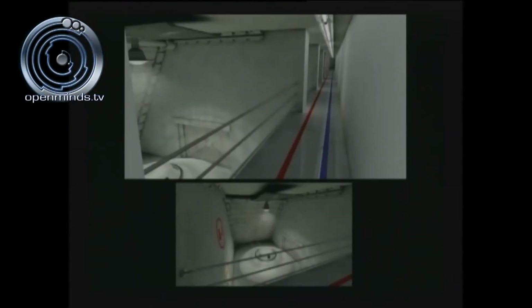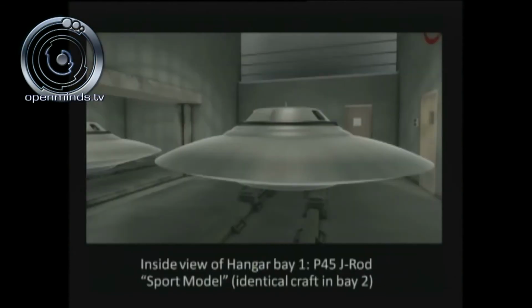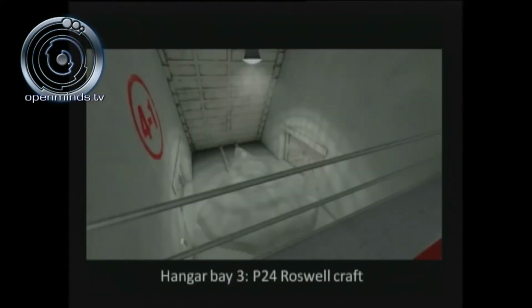Now, 4-1, looking down through the catwalk to the left-hand side. This is the first hangar bay, is the 52-foot diameter Bob Lazar sport model. So we're looking down through the catwalk. Over here we have Hangar Bay 2, which again is believed to be the same craft or an alien reproduction vehicle. Hangar Bay 3 is the P-24 Roswell craft.